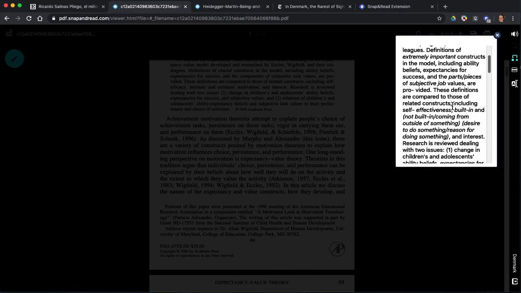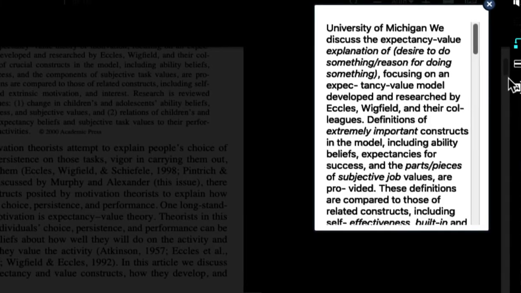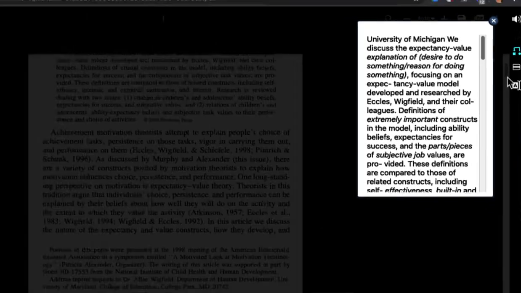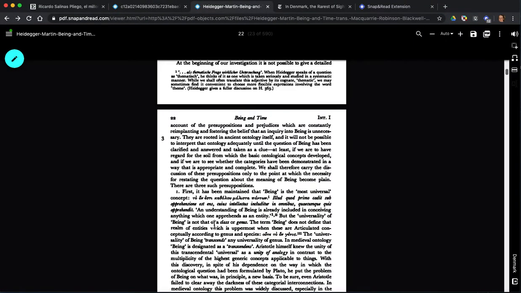Now let's try leveling that text and see what happens. So when I level the text in a PDF, now that information is off to the side. And so it's a little more difficult to work with, I think, because I've got to go up and down, it's smaller text, and I might end up actually using my screen software so that I can see that better. Okay. And then the other thing is that when we start using PDFs like Heidegger, who wrote Being in Time,